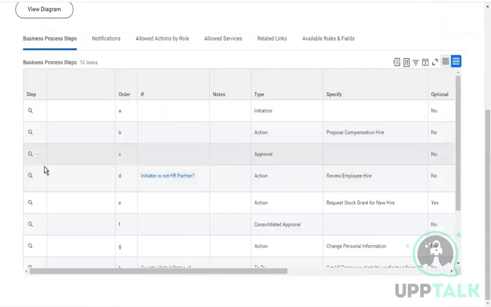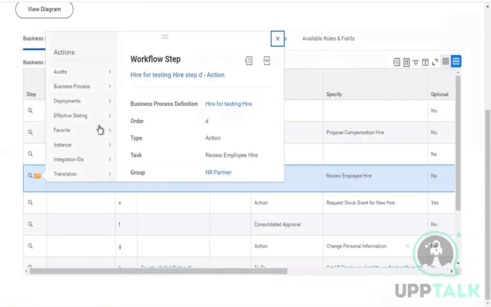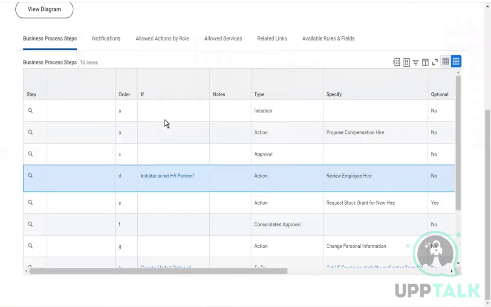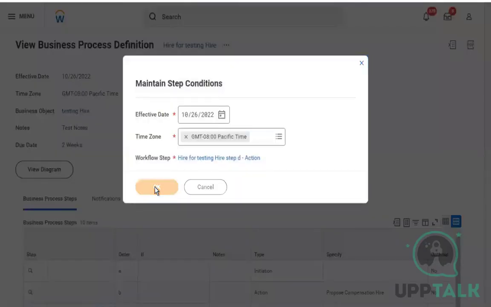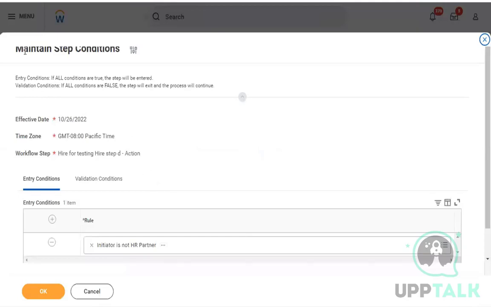Let me open any other step other than step A. Now, if you see here, we are at a step other than step A, which says maintain step conditions, entry conditions. This step defines everything. If you read here, it says entry conditions: if all conditions are true, the step will be entered, which we just discussed. If there are multiple conditions here, all of them have to be true, then only the step will be entered, meaning it will be executed. If you read the description of validation conditions, it says, if all conditions are false, the step will exit and